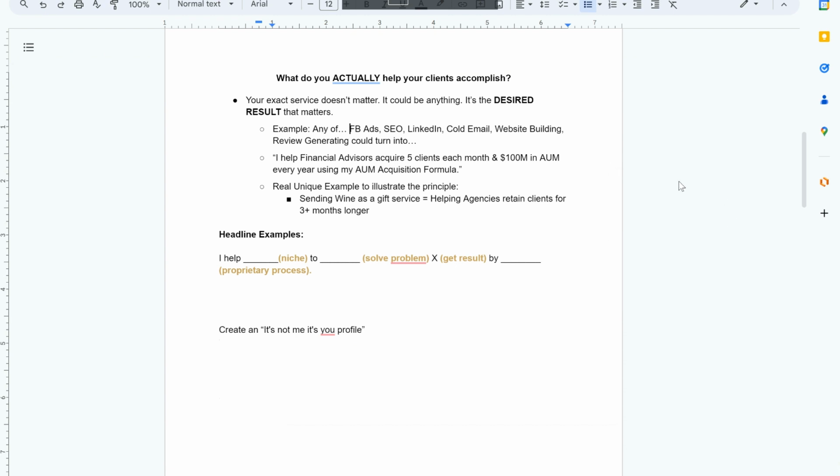If we look at this one here, this is the actual value statement that you'll be creating. What you want to do is really understand your client, understand the approach, understand what they want, understand what they're going to want to see. So instead of something like, I've been generating the best leads for everybody and I work with the best company, you want to be very specific. You want to help them see that I help, whatever your niche may be, to solve the problem and get results by, and that'll be your proprietary process there.